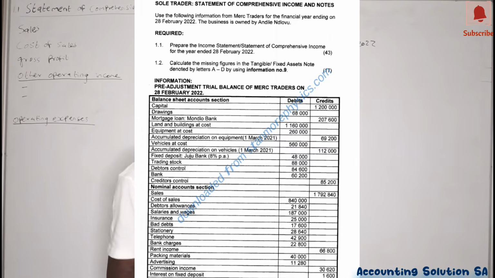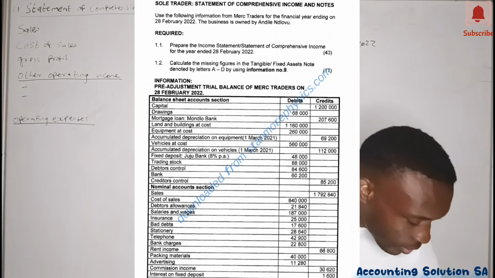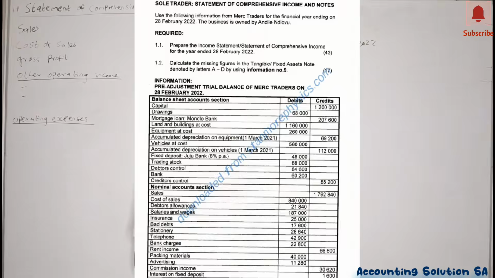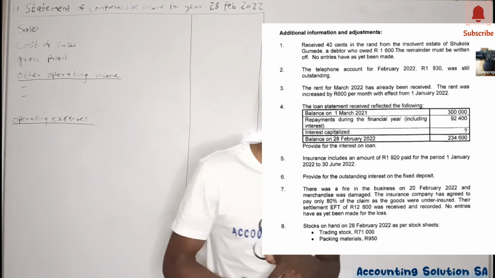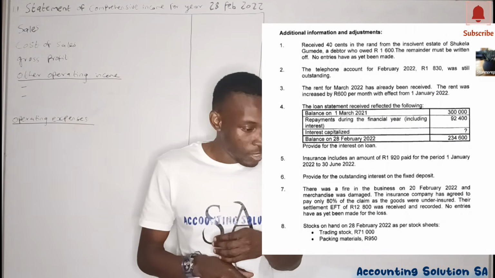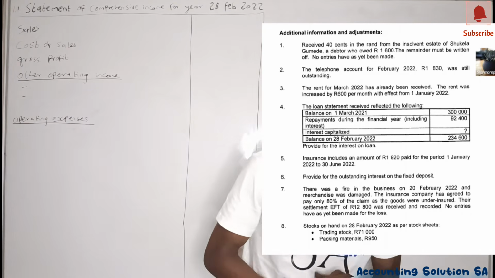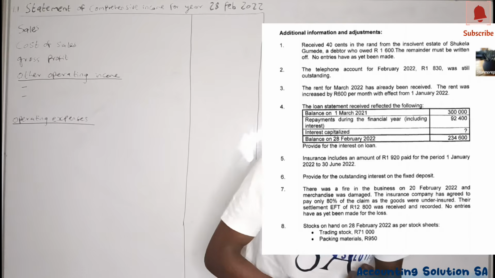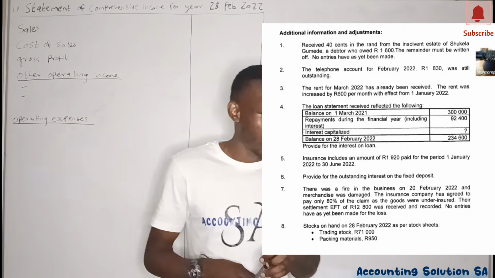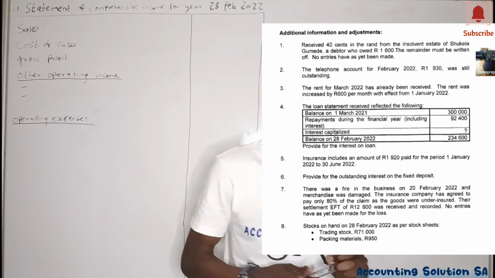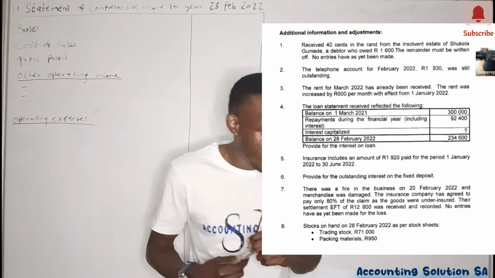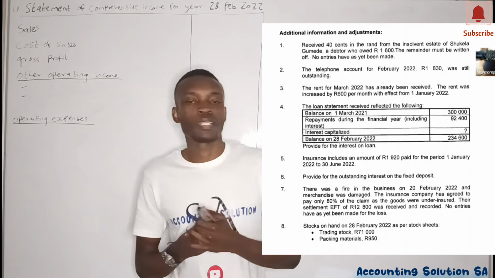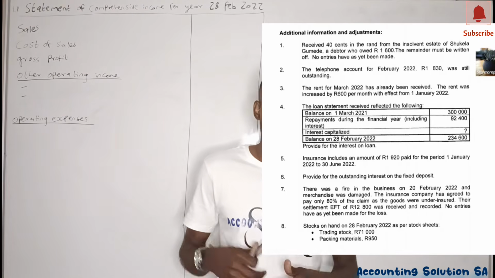income statement. Okay, let's look at the additional information that we have. Additional information, number 1, they say they received 40 cents in the rand from the insolvent estate of Shukela Gumede, a debtor who owed 1,600, and the remainder must be written off. No entry has as yet been made. Okay, let me explain this transaction in detail. What happened is that